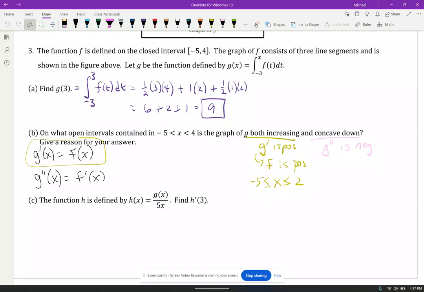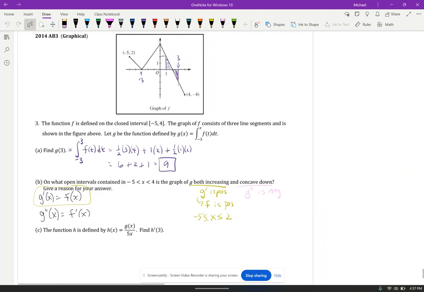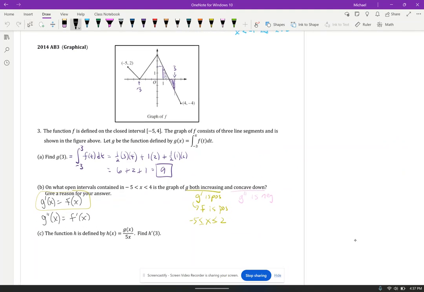Sorry about that. So here's the second part to part B. We figured out that g prime is positive whenever the function f is positive, and the graph of the function f is positive for x values between negative 5 and 2. I also wanted to say we could build a little sign chart that says, if you look at this graph,